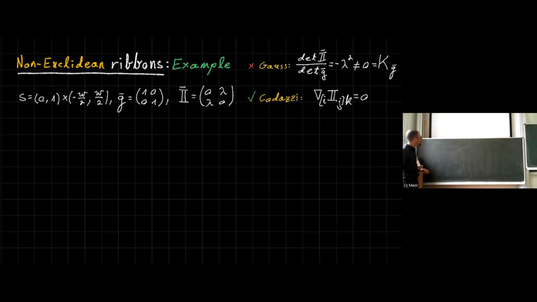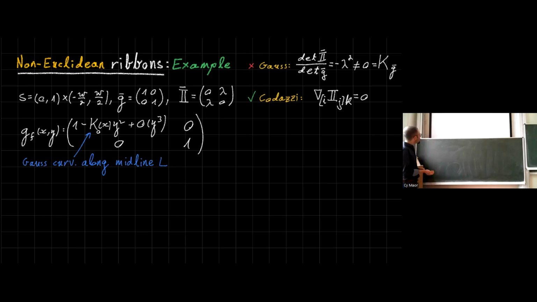So here's an example. It's another example where the Gauss equation is violated, but the Codazzi equation is not violated. This is a body whose first fundamental form wants to be flat, but its second fundamental form wants to be of a saddle type. Okay, so think about a body that on one hand wants to be flat, but at every point the normals want to behave like a saddle. And of course, I cannot do this without stretching.